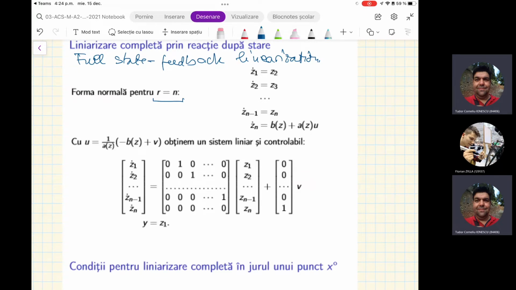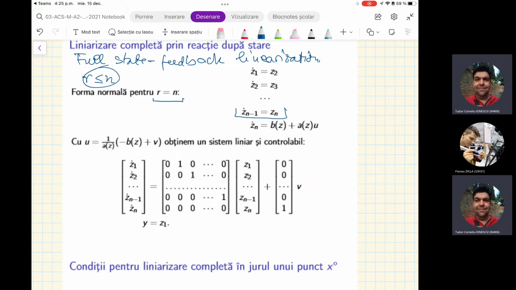Usually the relative degree satisfies this relation. Now this time we pick the relative degree to be the dimension of the system. So for r equal to n, you extend the normal form and you get